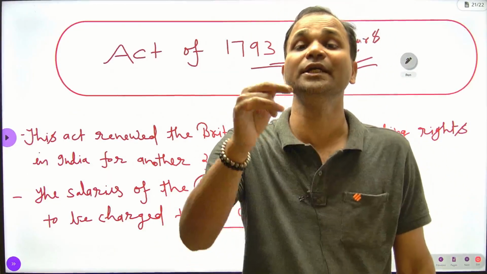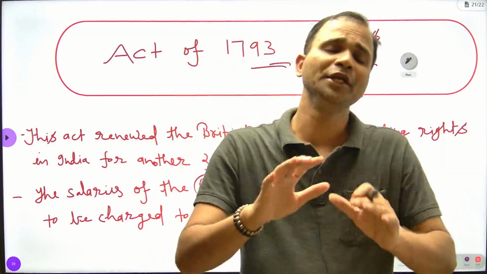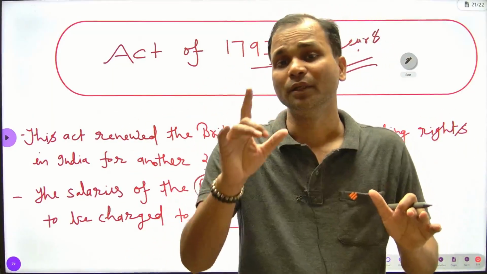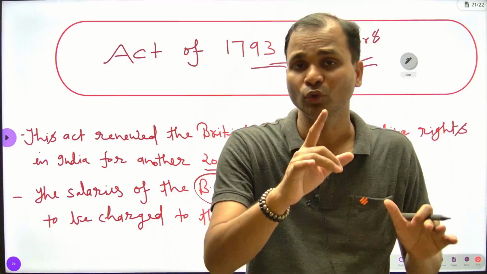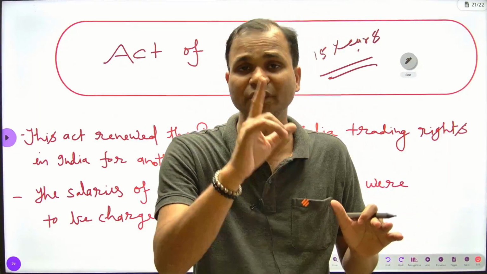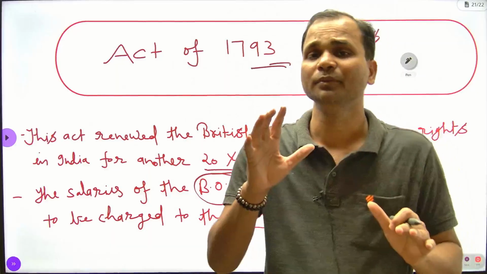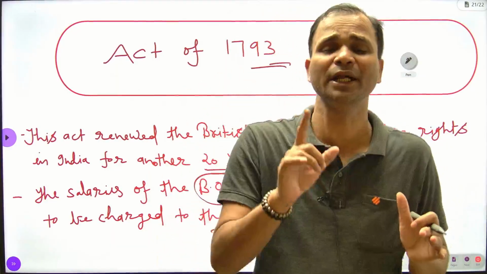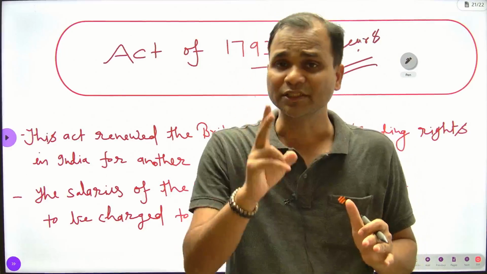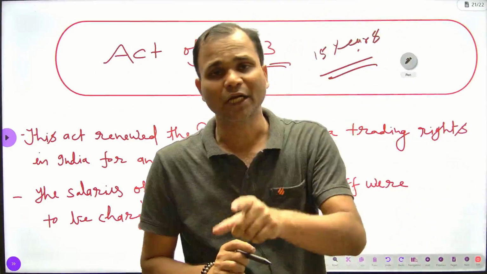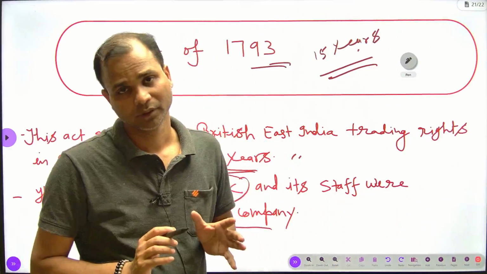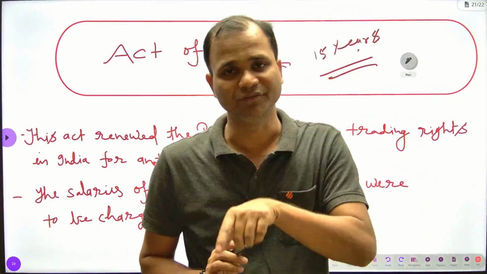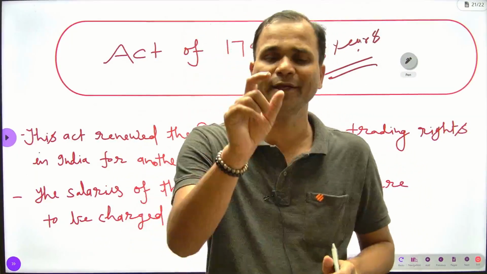It means he was given veto power, and he was free to take decisions overriding the decision given by the Executive Council. It means he was free to take decisions, but not in every matter, only in some matters. The second point was that the Governor General was given the power of Commander in Chief. It is the main point of